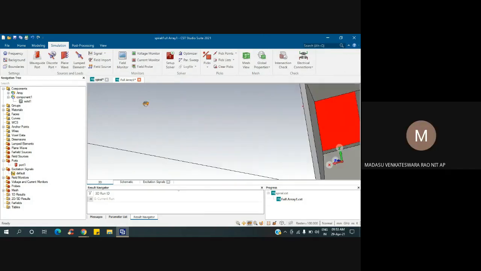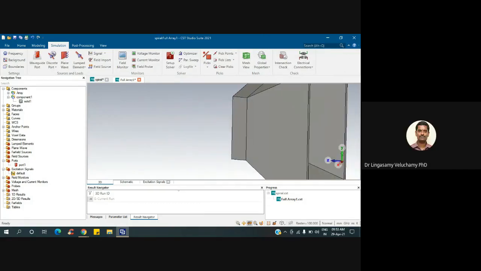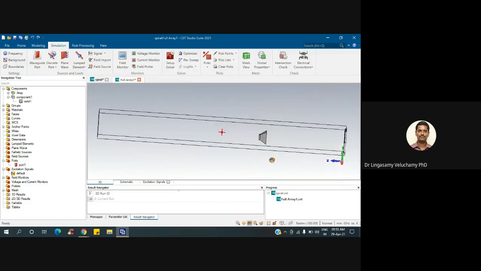Then actually the distance. Can you zoom out? See, from that axis, your reflector is there, right? From that to that particular port position, it is 230 or 430, whatever it is. Actually, I'm giving 400 mm. Yes, sir.